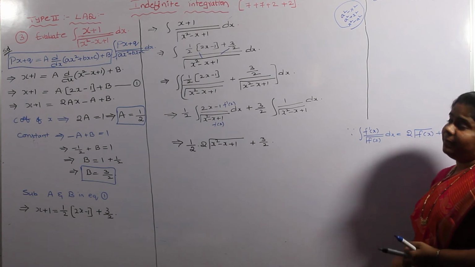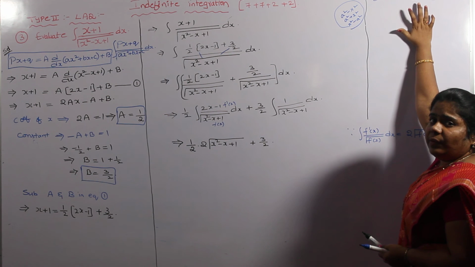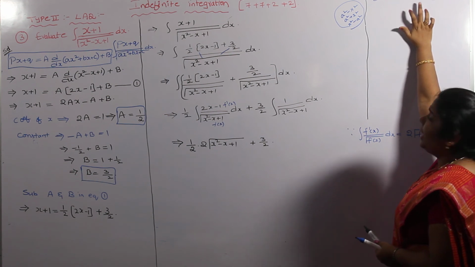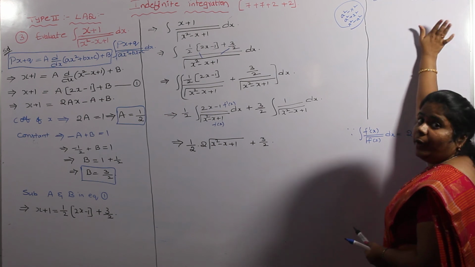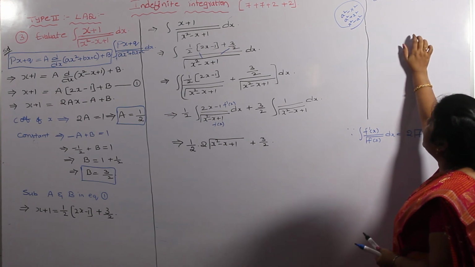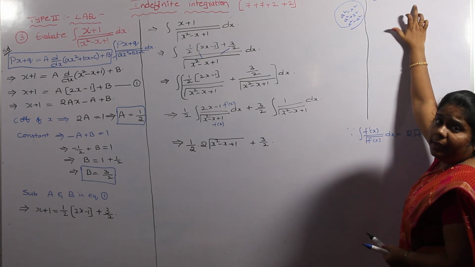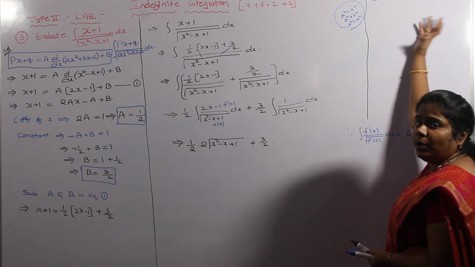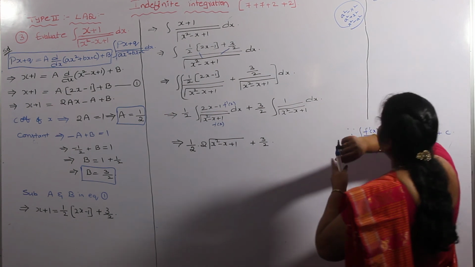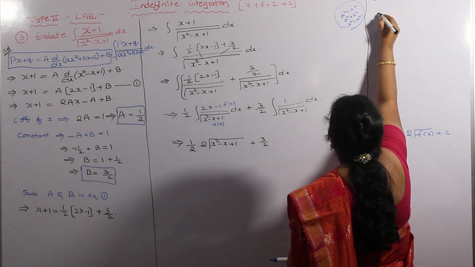First step is this is taken in order. That order is ax square plus bx plus c. Already this is in order. This is in the form of ax square plus bx plus c. No need of writing the first step. Next, the second step is to always keep the x square coefficient as 1. In this expression we already have the x square coefficient as 1. So no need of writing the second step also. Next, the third step. What is the third step?